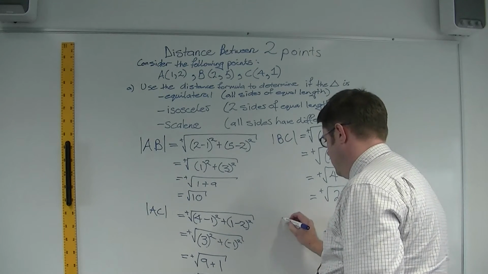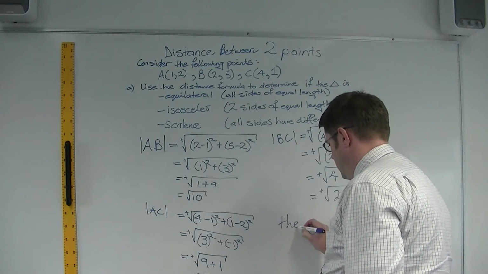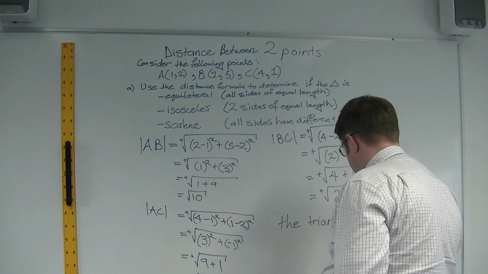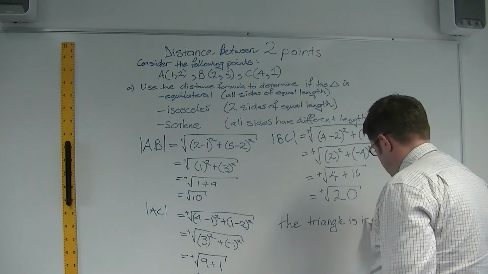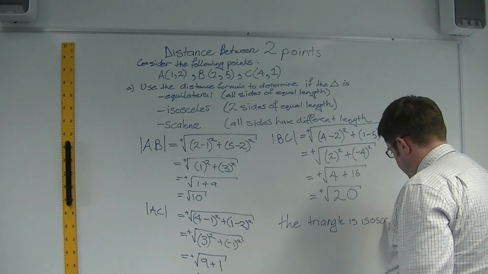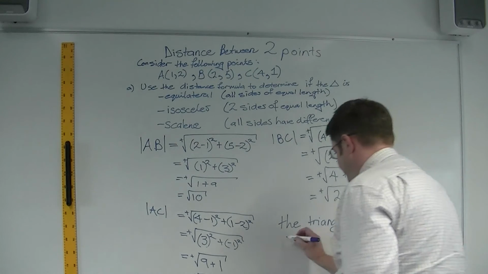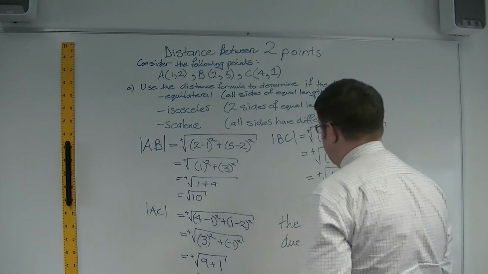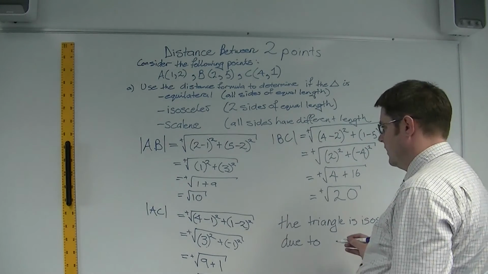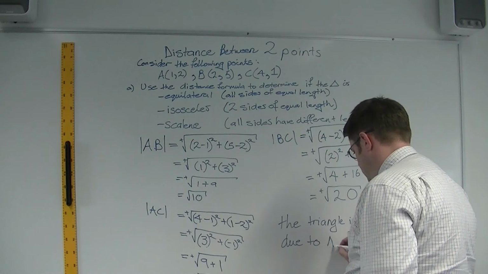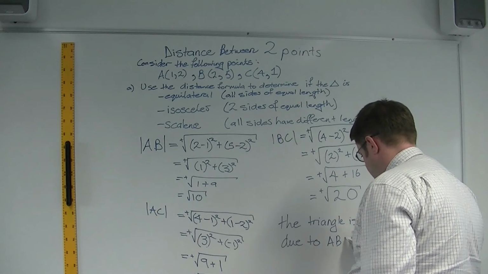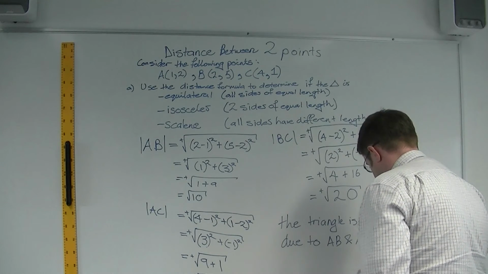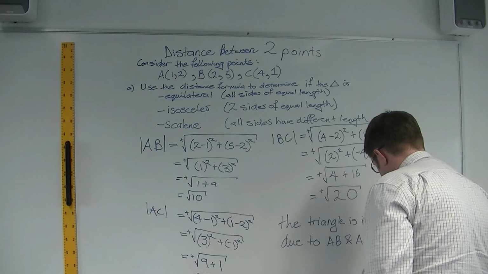Then we can say the triangle is isosceles due to AB and AC having